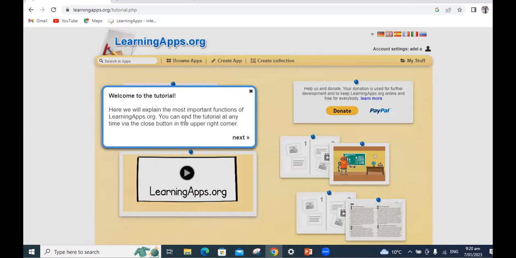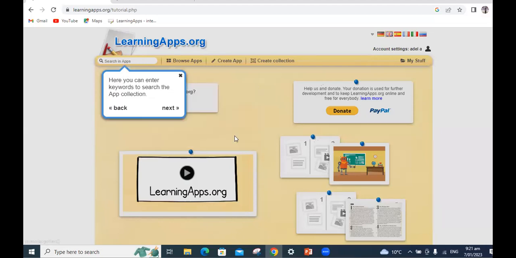Of course, no problem. We'll start now to have a general overlook on the website. Next. Here you can enter keywords to search the app collection. If you want to search about anything, by the way, we have not only 100, but thousands of different topics here.